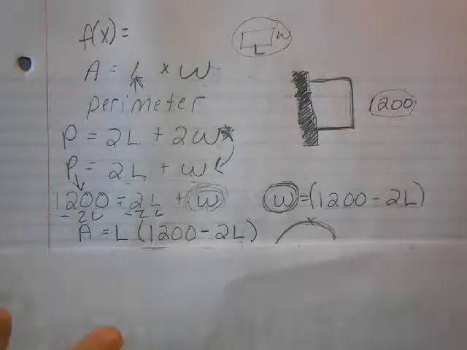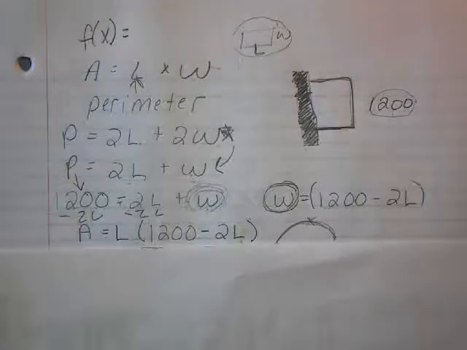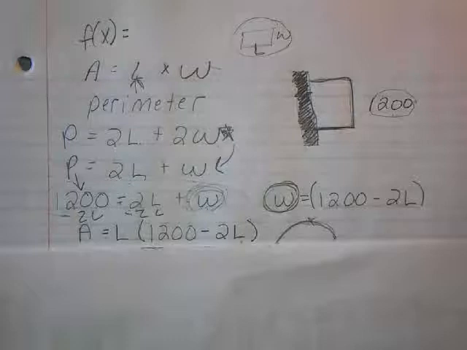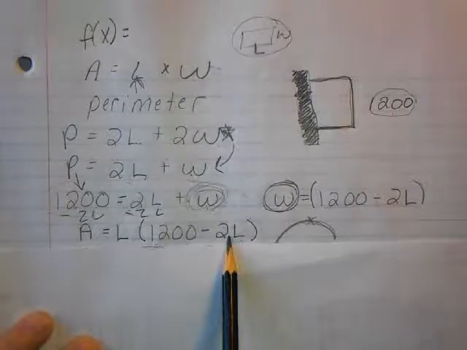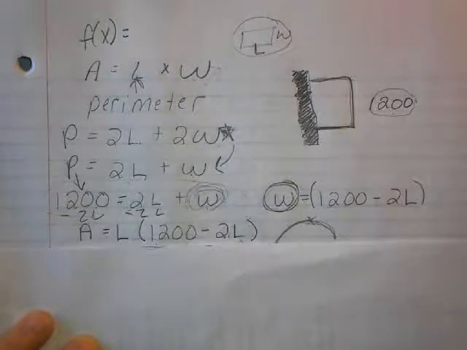And I know from Algebra 1, when I taught Algebra 1, we did the same exact question. If a question's ever trying to tell you to find the maximum of something, more than likely it's going to be a quadratic function, right? And I can tell this is, because when I distribute that L, I know that it's going to be a negative quadratic because L times 2L is negative 2L squared. So if you type that into the calculator, and of course you use X instead of L, X times 1,200 minus X,